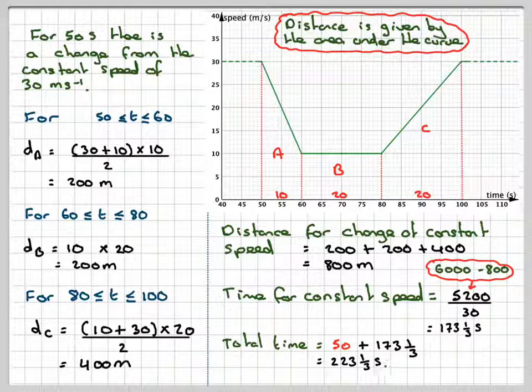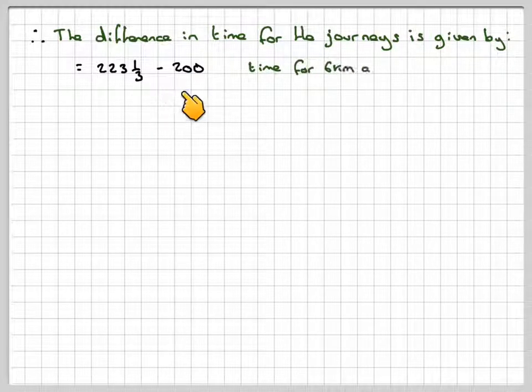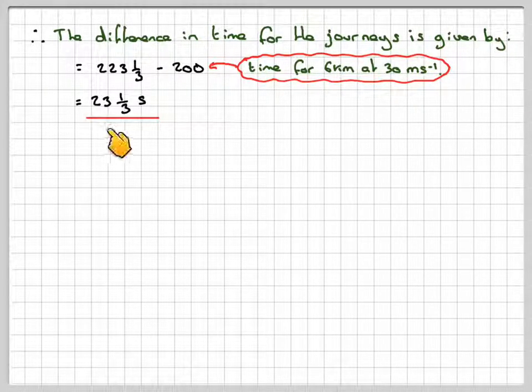223 1/3 seconds. So the difference in time for the journeys is 223 1/3 minus 200, the time taken when we travel the whole 6 kilometres at 30 metres per second, which gives me 23 1/3 seconds. So it will take 23 1/3 seconds longer to do it when we have the